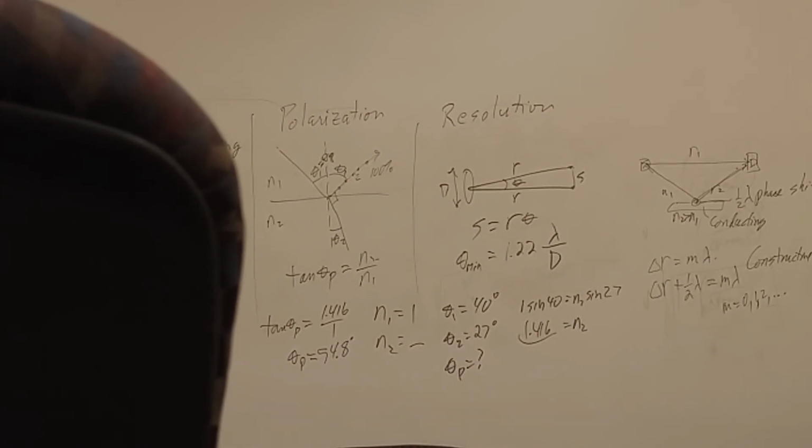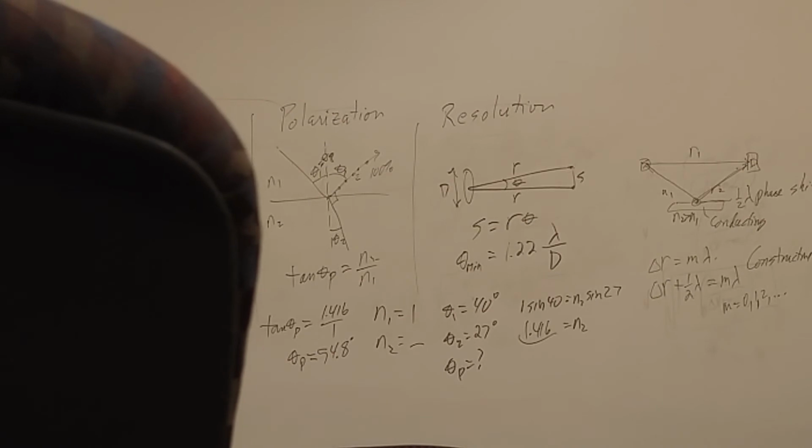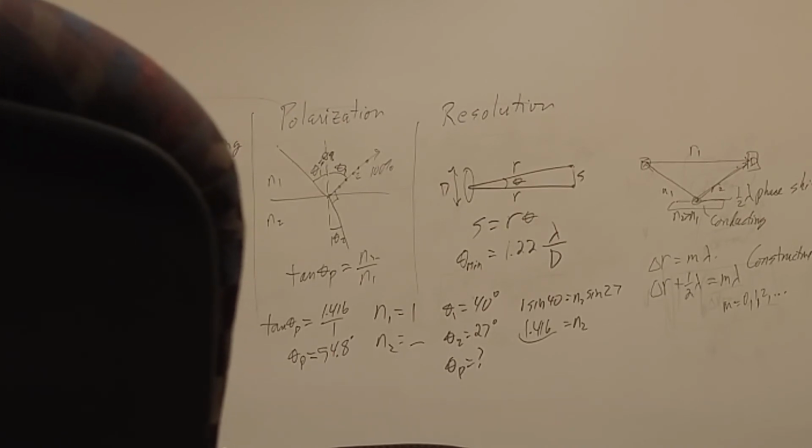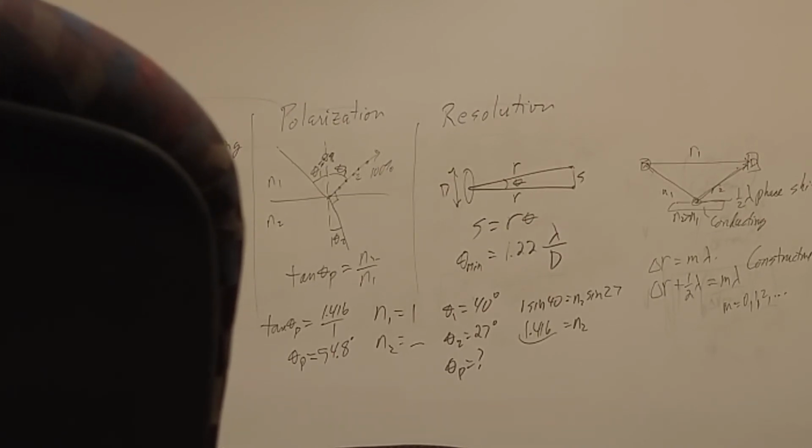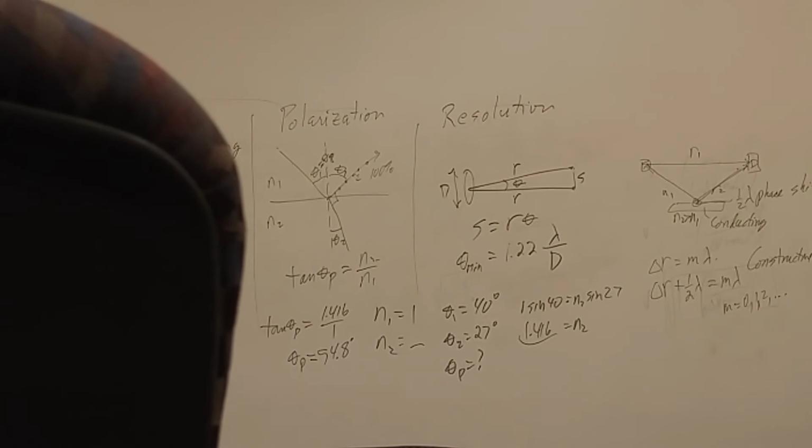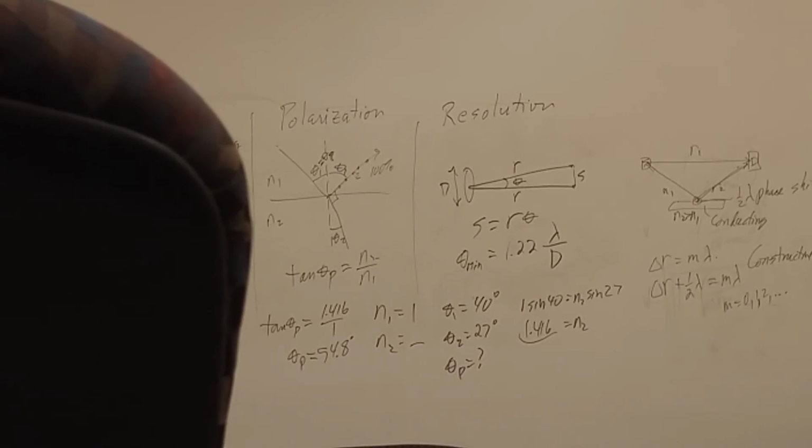You involve both Snell's law and the tangent of theta is N2 over N1 equation. Otherwise, it's so simple that it's hard to say that's going to be much of a problem there. But anyway, so,